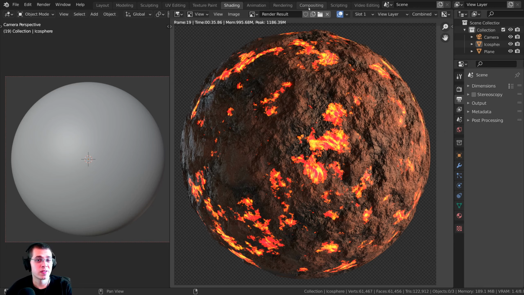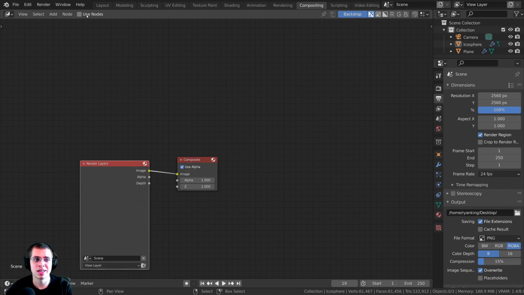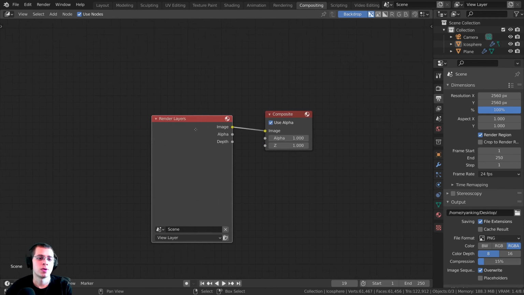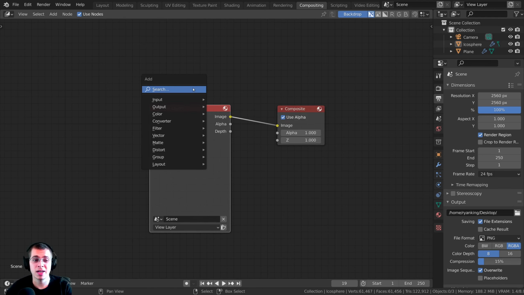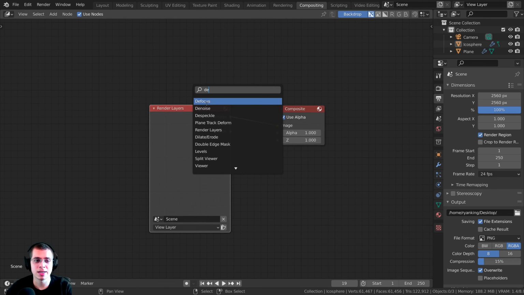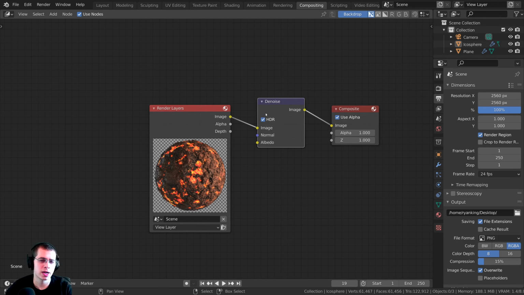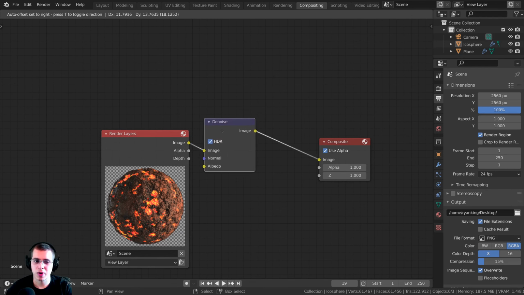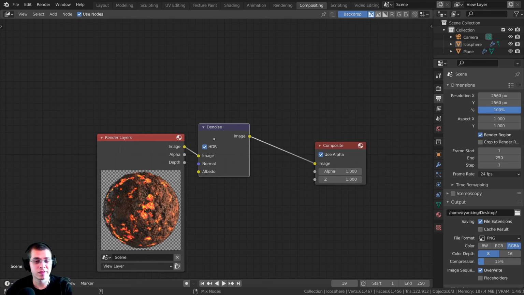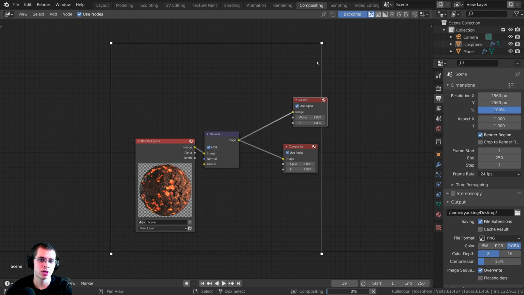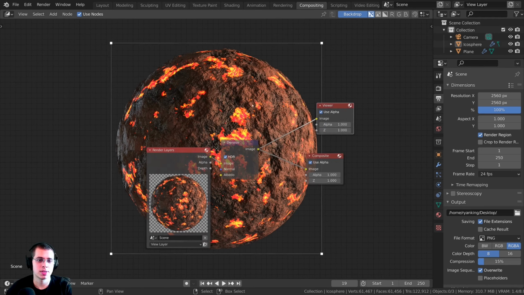So I'm going to click right over here on the compositing tab, and then I'm going to click on the use nodes. So now what I want to do is I want to press Shift A, and I'm going to search for the denoise node just to denoise the image to kind of smooth it out. So I'm just going to drop the denoise right there, and then I can Control, Shift, and click on it, and that's going to add the viewer node,